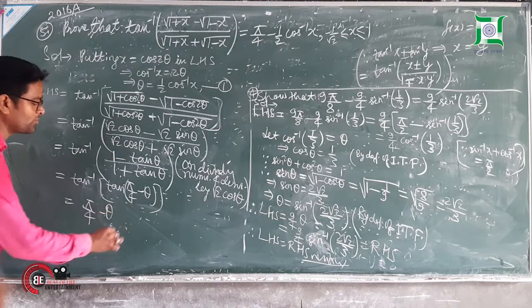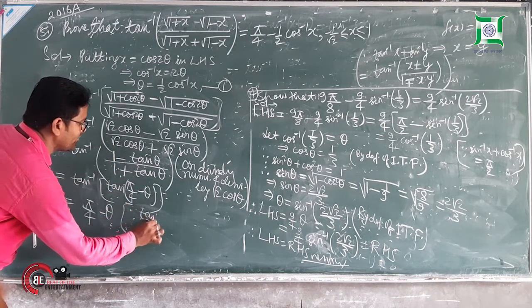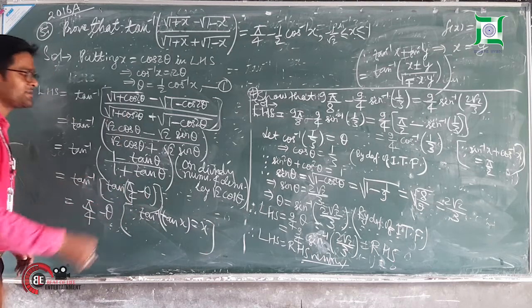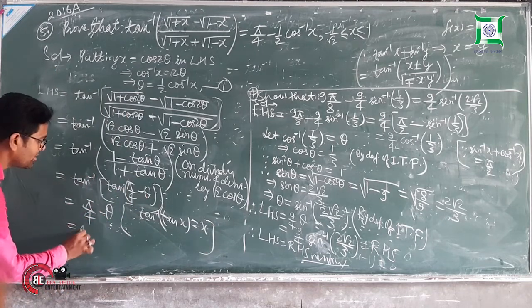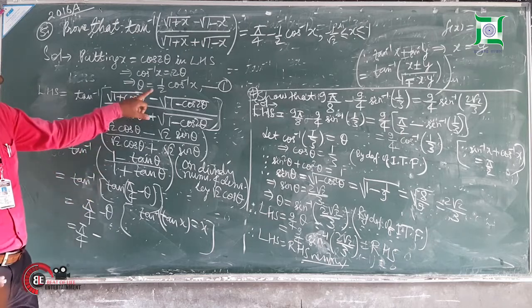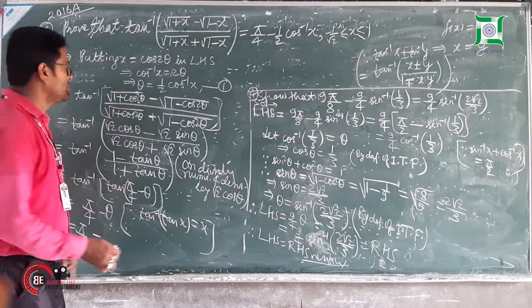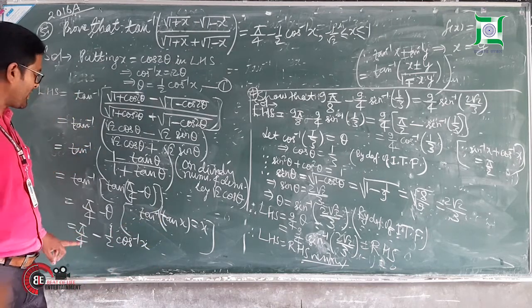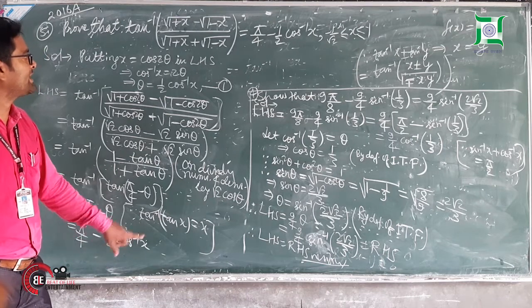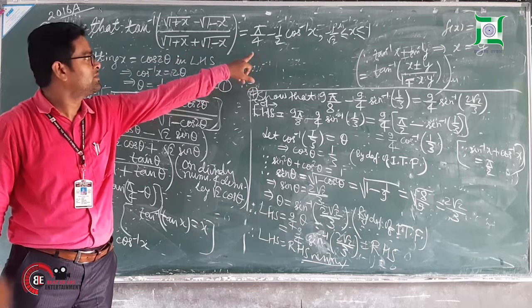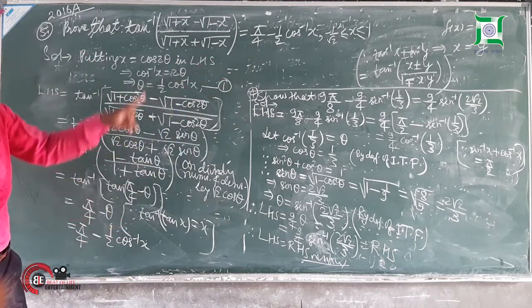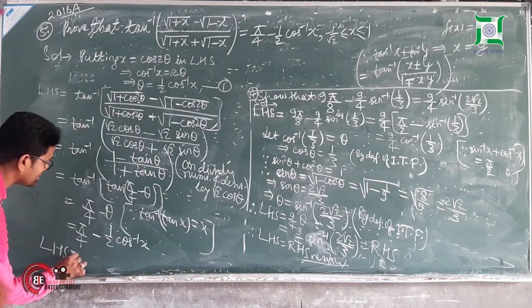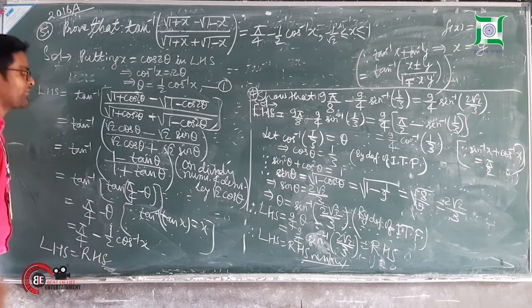Again I have applied one formula. Which formula? Since tan inverse tan x becomes x, this formula I have applied here. Now after that, what can you write? Pi by 4 minus theta. What is the value of theta? See here I have written theta as 1 by 2 cos inverse x. So pi by 4 minus 1 by 2 cos inverse x, you see this is your RHS. So you have got pi by 4 minus 1 by 2 cos inverse x, and that is equal to your RHS. So can you say LHS equals RHS? And hence it is verified.